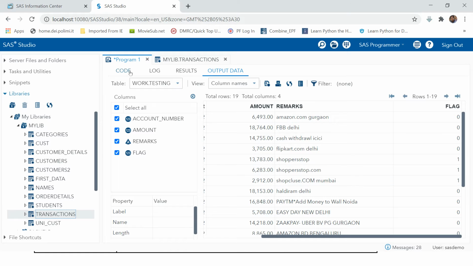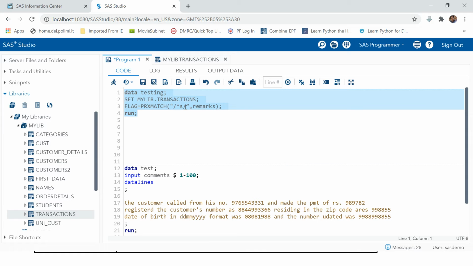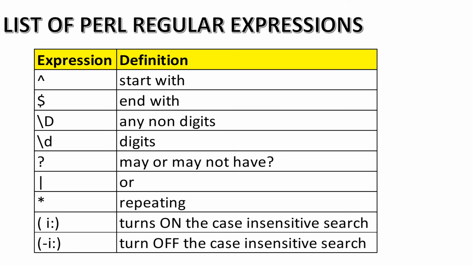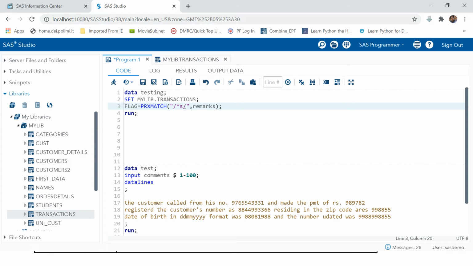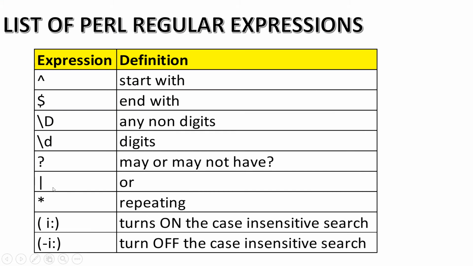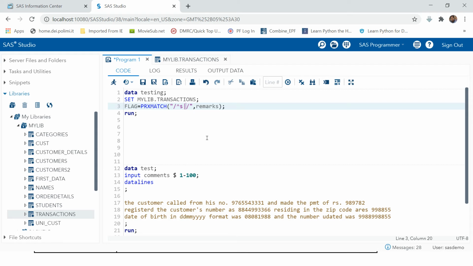Okay, now let's make it little more complicated. Okay, so here you have another expression which is used for OR. All right, so let's say if I want to search for the strings which either starts with S or starts with F. So I'll just put a pipe. This is a pipe. This is called the pipe, right? So pipe expression will be used as OR.